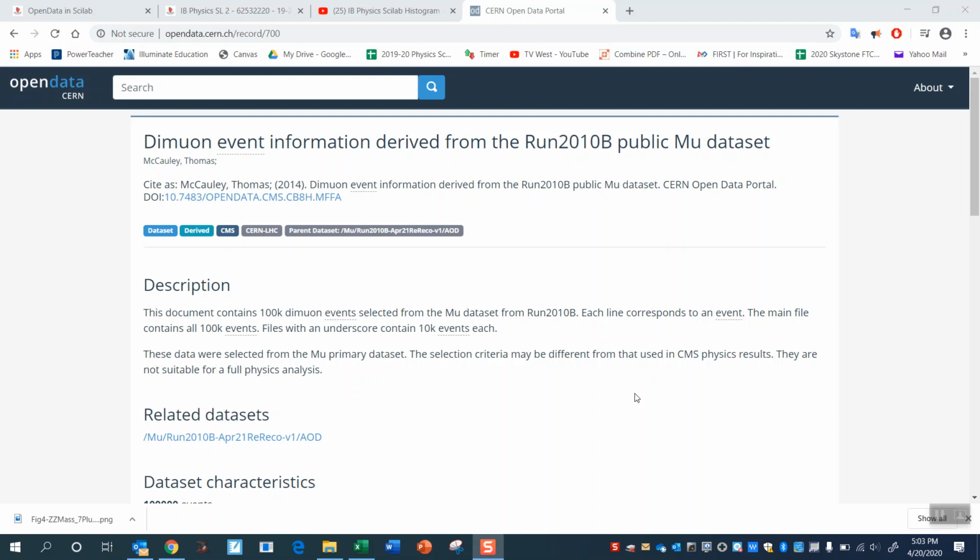So today we're going to be doing another histogram on Scilab from the Open Data website. And that will be the end of the histogram insanity we have to do. Anyway, so